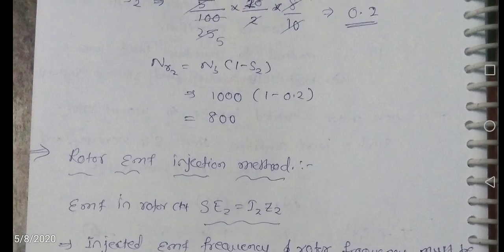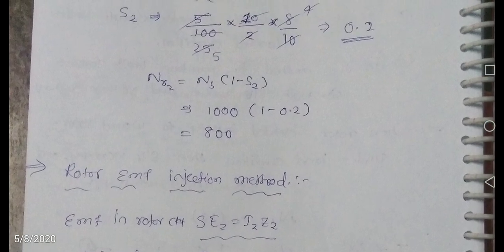So the machine was actually running at 950 rpm, but by adding 0.6 ohms of resistance, the machine is running at 800 rpm. Means by adding resistance, we decrease the speed of the induction machine. So when speed is decreasing, it is suitable for the below rated speed condition. In the below rated speed condition, power is variable and torque is constant. The rotor resistance control method is a variable power, constant torque drive.